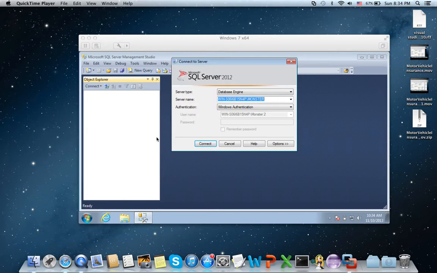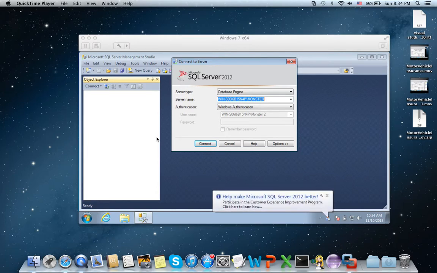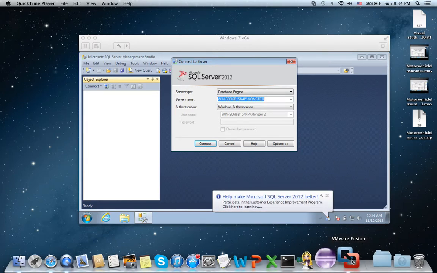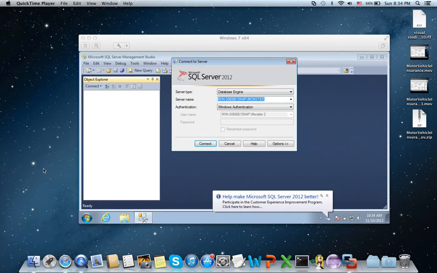Hello, in this presentation I'm going to show you how we visually connect tables. As you can see, for this presentation I'm using Macintosh. I have used this VMware Fusion software in order to create a virtual machine. On this virtual machine I first installed Windows 7 and then on top I installed SQL Server 2012. So I have two environments. I have macOS and Windows.